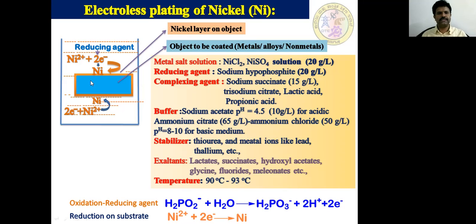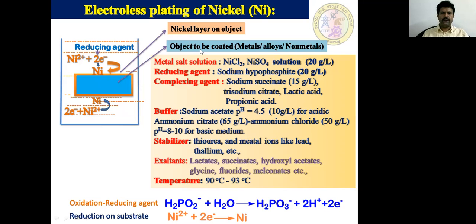And if the substrate is non-metal, then it needs 2 steps for activation. First step, dip it in stannous chloride HCl solution, and then we should dip it in palladium chloride HCl solution and dry it. And then we can create a catalytically active surface on the substrates. So it's ready for a reduction reaction at the surface.